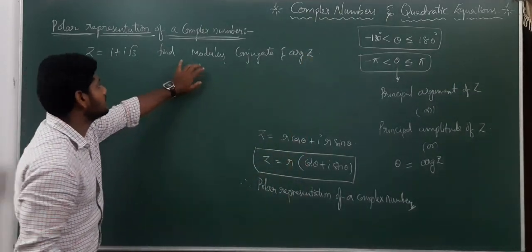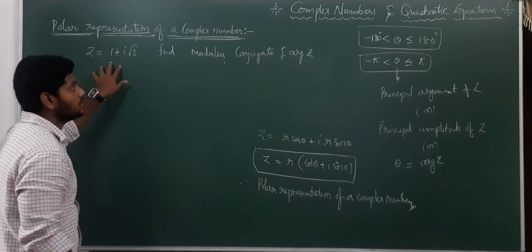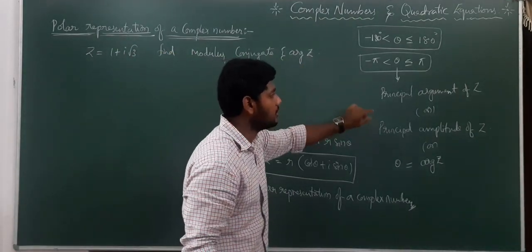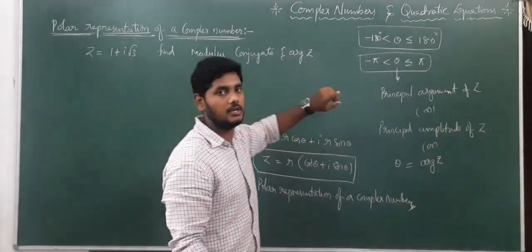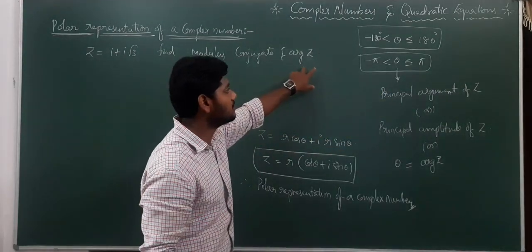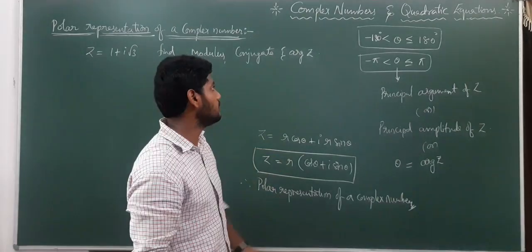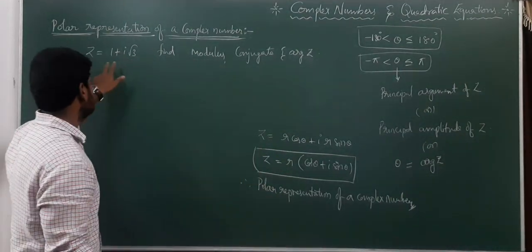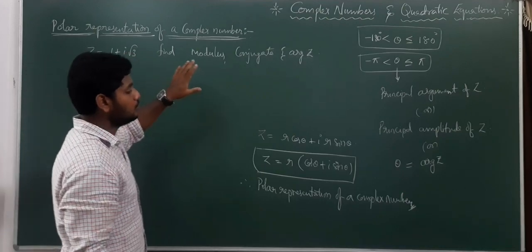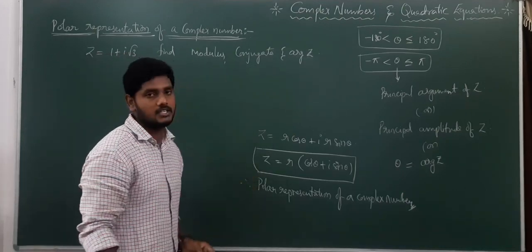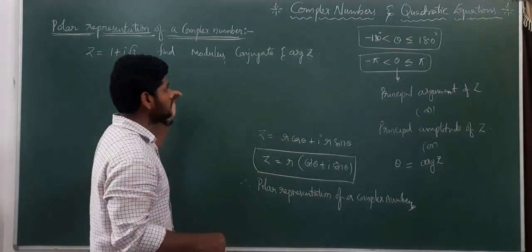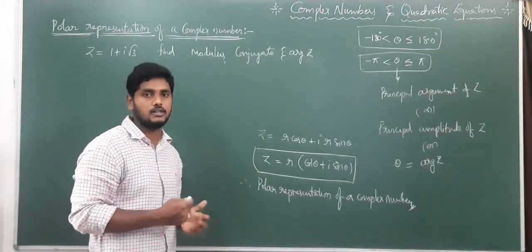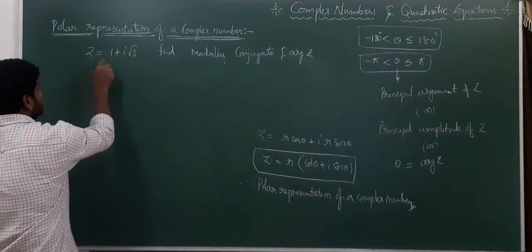From this given complex number, they will ask to find modulus or conjugate or principal argument. Principal argument or arg, both are the same, no need to be confused. So this is for 1 or 2 marks. But based on z equal to 1 plus iy, they will ask to write in terms of polar representation. That also you will find. If you do these three or four methods, definitely you will understand the total exercise and how to simplify. So this is z, right?